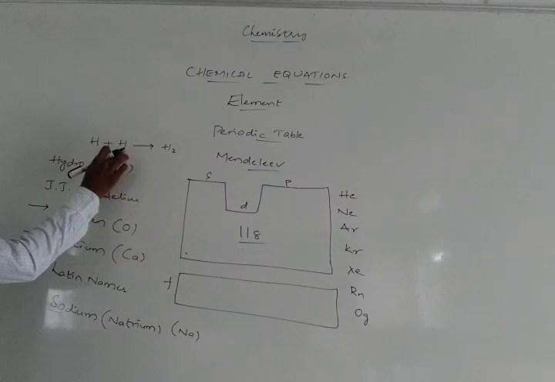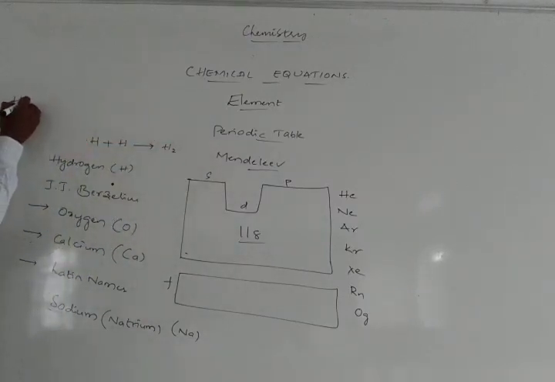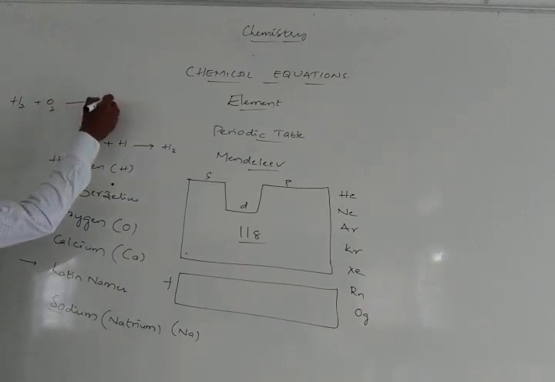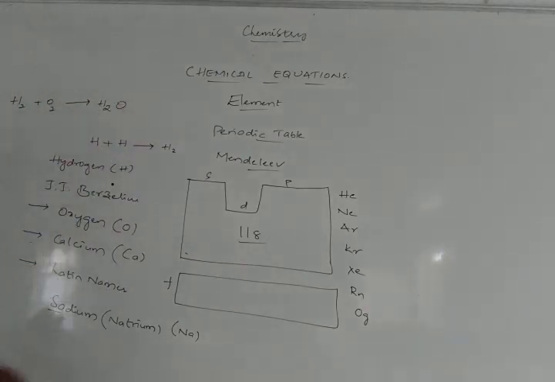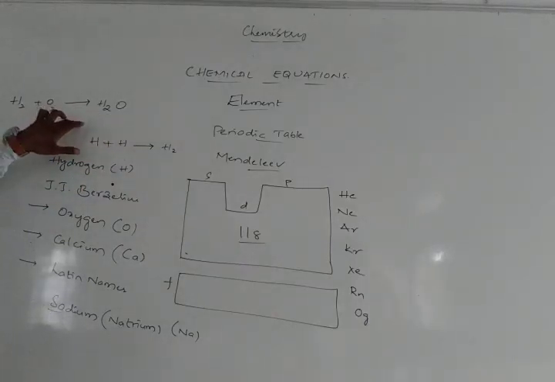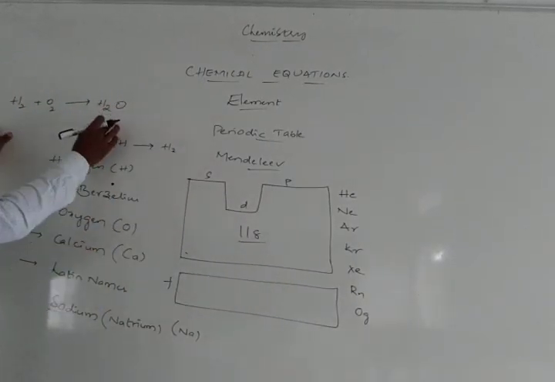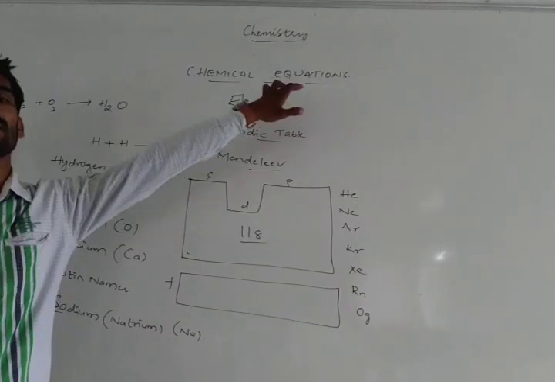Then what is meant by the word chemical equation? One particular element combined with another element forms a molecule. So different elements will be there. Suppose hydrogen combines with oxygen. It forms a compound called water. So here two dissimilar elements, two different elements, combine together. This short form or symbolic representation of a chemical reaction is called a chemical equation.